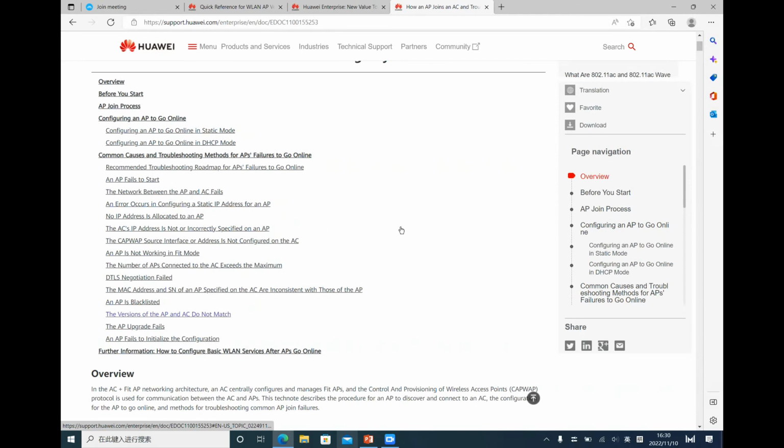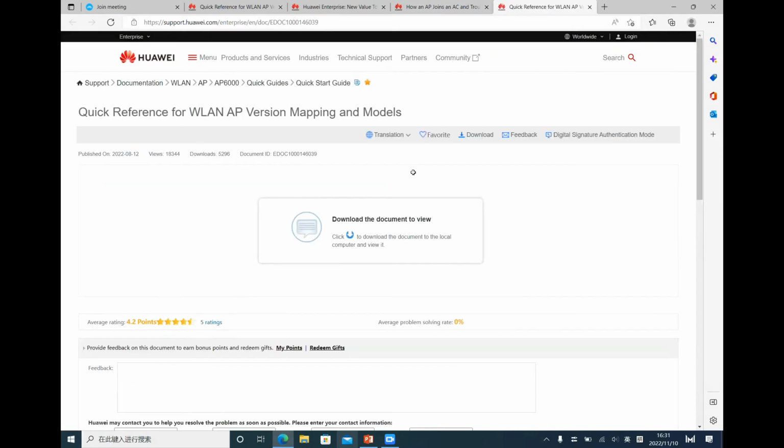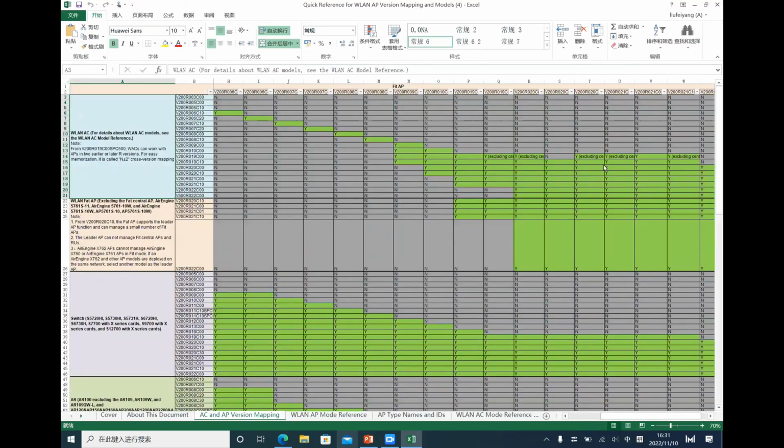And this one, quick reference for wireless AP version mapping and models. And you click this one. Okay. And we could just download it and open it. And then all of these versions of here. You can look at this to check if they are matched or not. And we back to